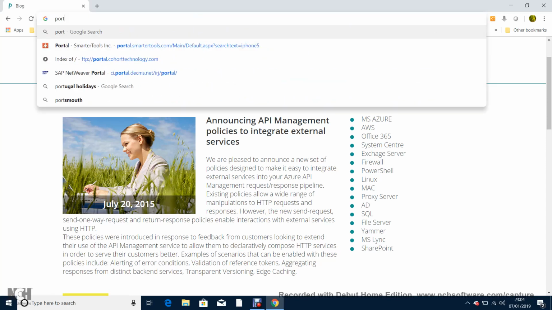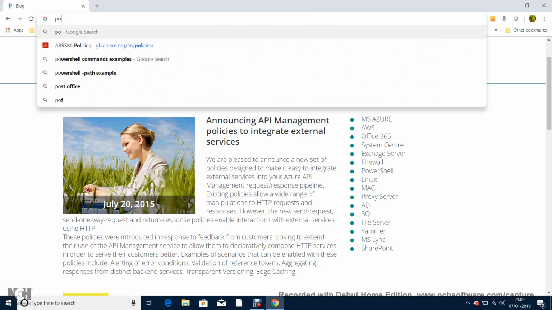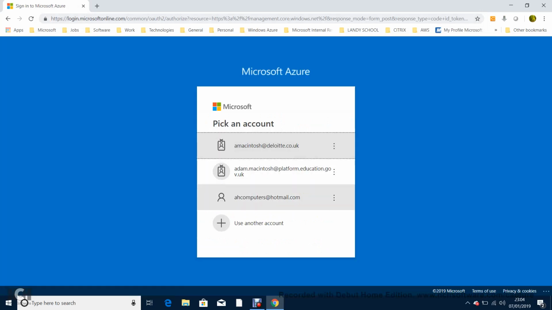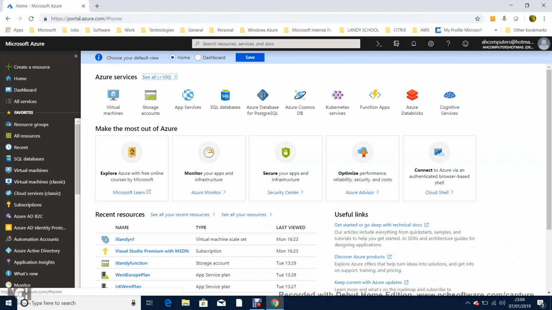So go to portal.azure.com, and we log on. After you log on to your tenant, your Azure,